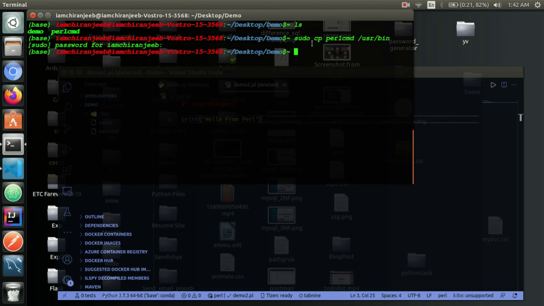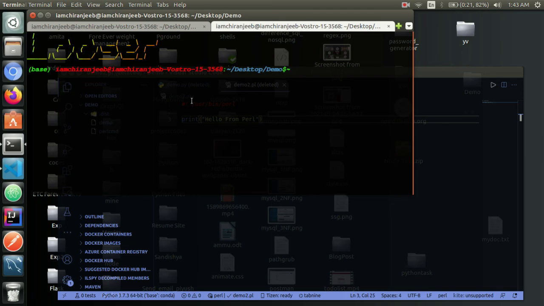Now let's see whether this executable script has been successfully copied to the /usr/bin folder or not. I am opening a new terminal here and I will move to the /usr/bin folder.